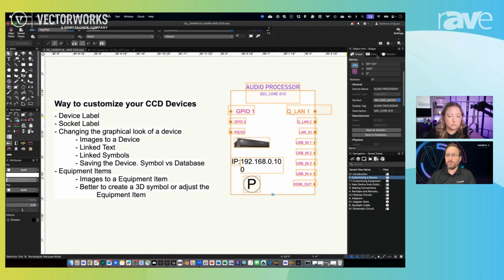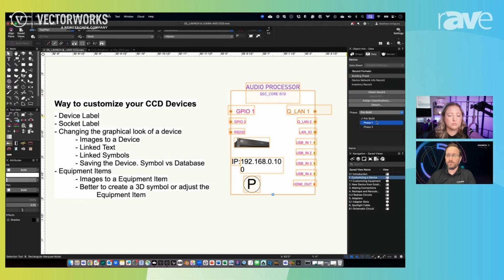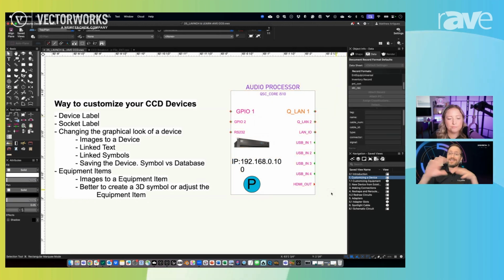So watch what happens when I go to my data pane and change it from phase 1 to phase 2. It automatically changes this, so it gives a great graphical representation of how I set things in place. Now, at the end of the day, when you've set up your devices how you want them,